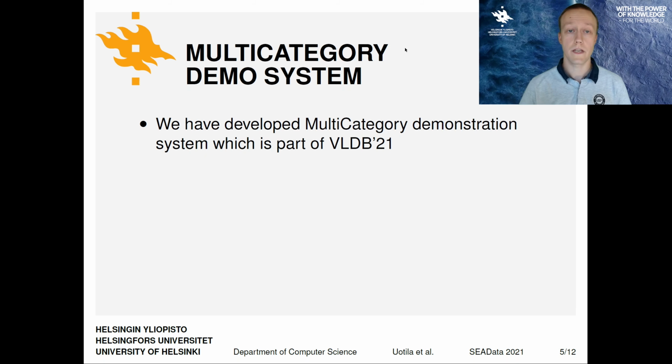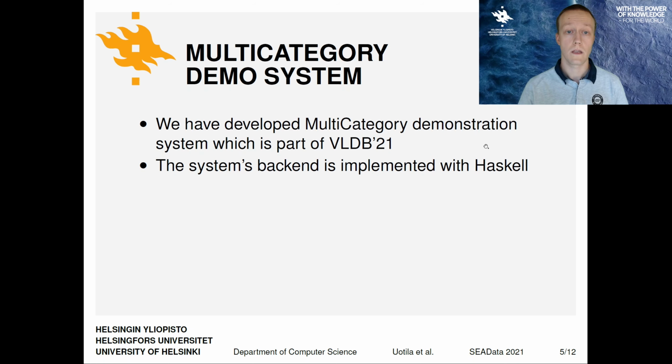And we have developed a demo system around these category theoretical ideas and multimodal data management. The demo is part of this year's VLDB. The backend of the system is implemented with the functional programming language Haskell.